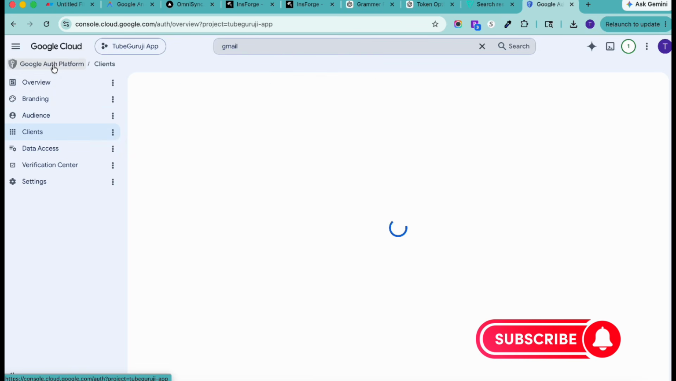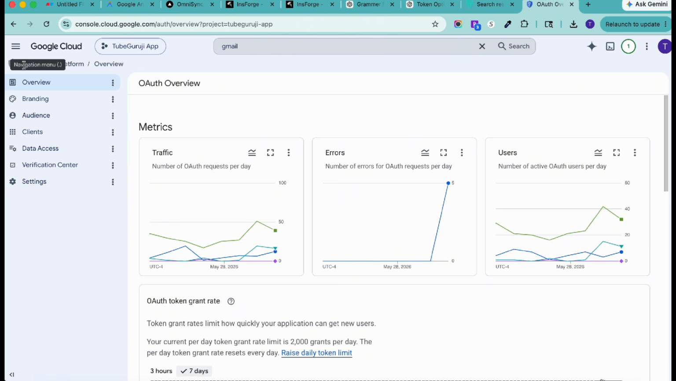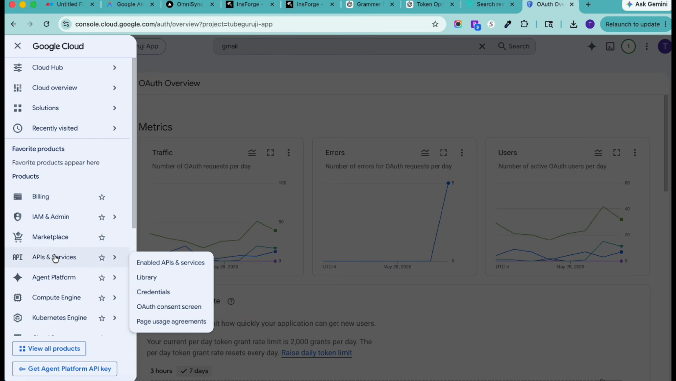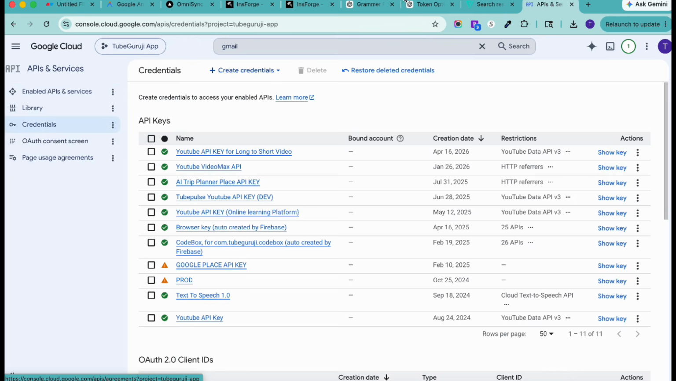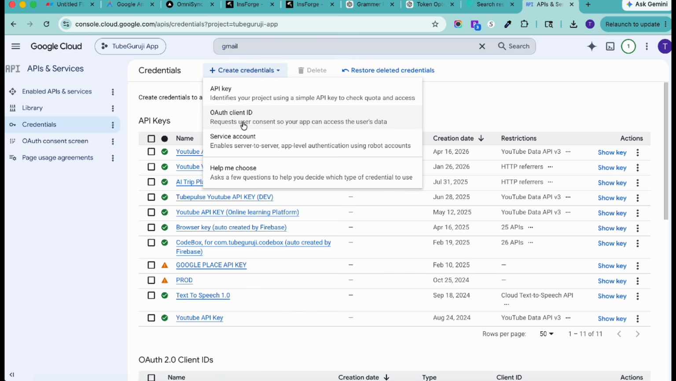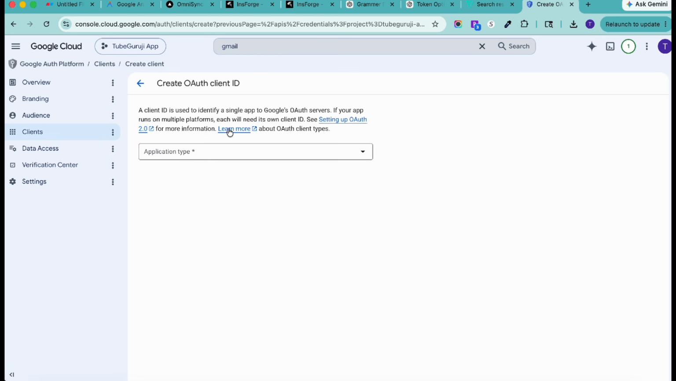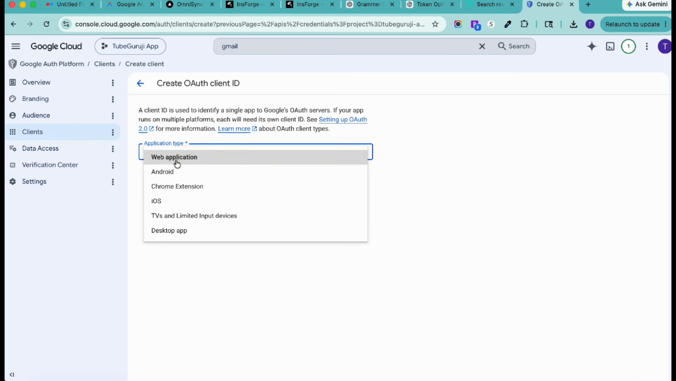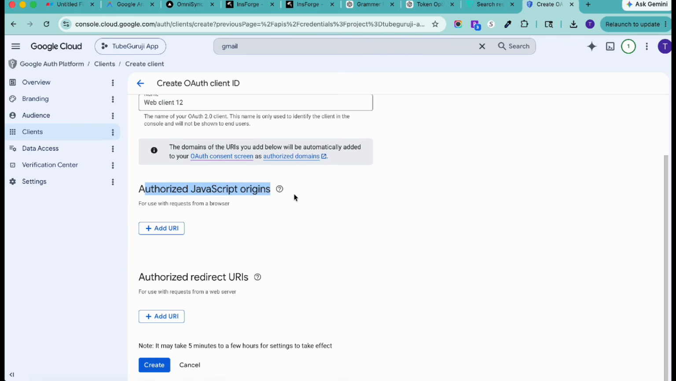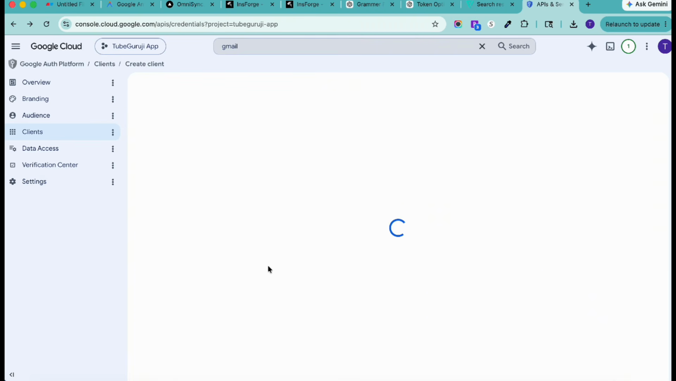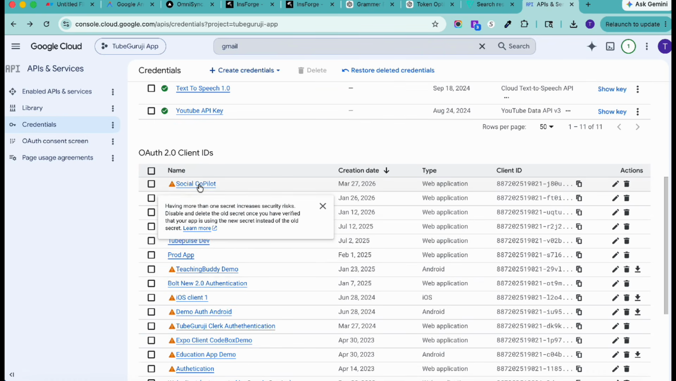Now once this is set up, let's go back to the API and services platform, and then you need to create the credential. Inside that, under create credential, click on OAuth client ID and then select the application type. So we'll say web application, give the application name and then the authorized JavaScript origin and redirect URI that you have to provide. Okay, now I already have one created which is called